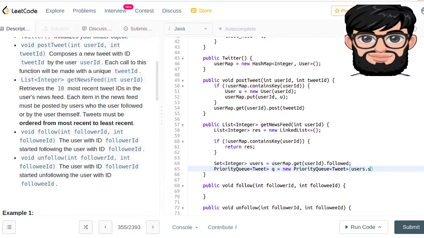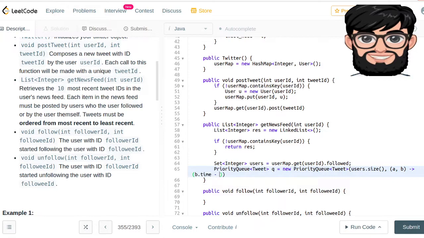It's gonna have the users dot size. That's how big that is gonna be. And other than the size, we're also gonna say that if it is getting A and B, what it should do is return B based on B time minus A dot time. So once we have it,